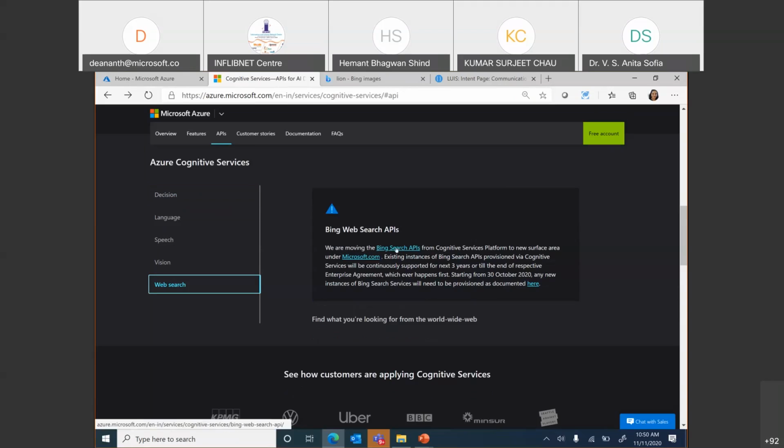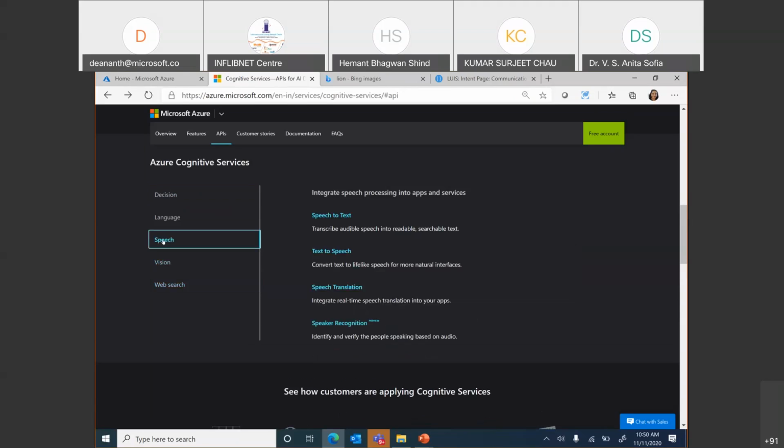Okay, so there are a lot of Bing search APIs over here, which will help you search for content, images, everything in one go. So here was an overview of what we could do with pre-built APIs and with conversational AI. Let me now switch gears and show you how we can go about building a custom model and how simple it is. I promise that if you follow all that I do in the next 15 minutes, you will be able to build a simple model by just having an Azure subscription, which you can also sign up for as a free trial.